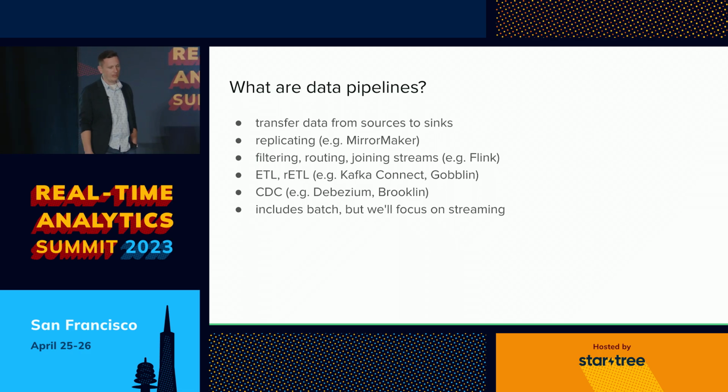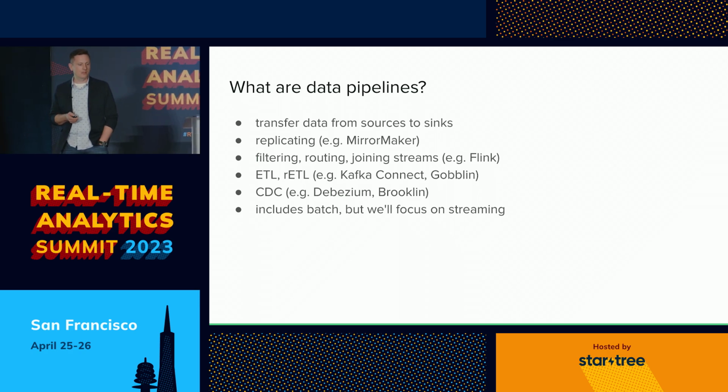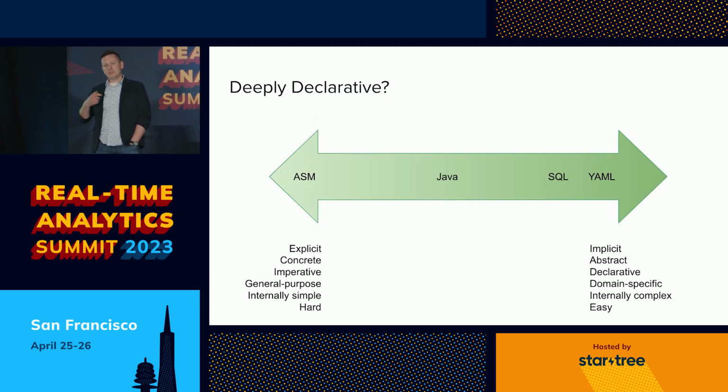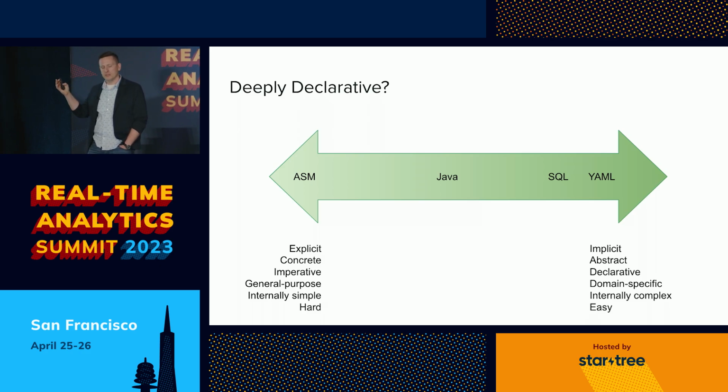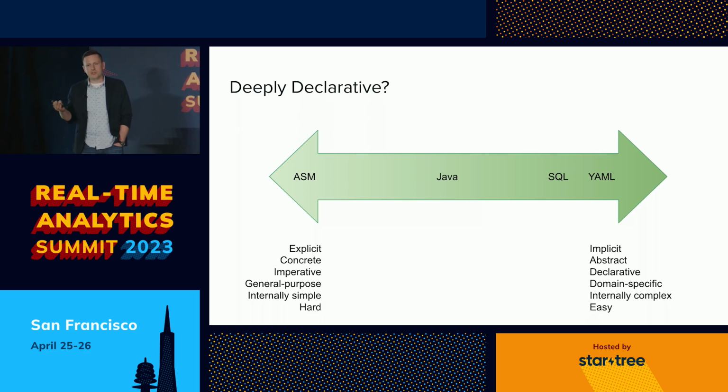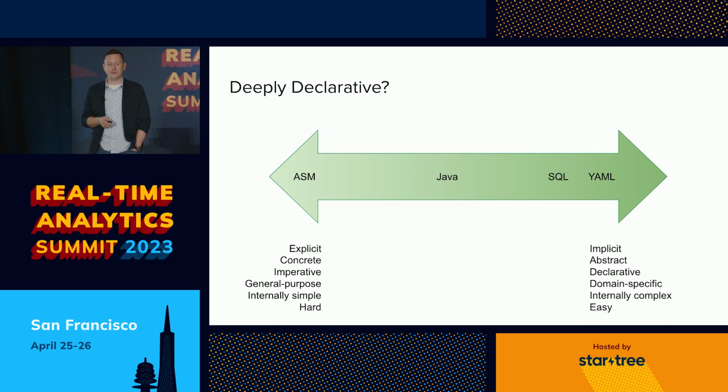This is a very large domain, so we've got to focus it somehow. So what's in a name, right? What do I mean by deeply declarative? If you think about computing things in general, languages, APIs, that sort of thing, they tend to fall on this continuum, this spectrum, of imperative versus declarative. Of course, this is a gross oversimplification and not all things are easily classified, but that's the metaphor we're using for today.